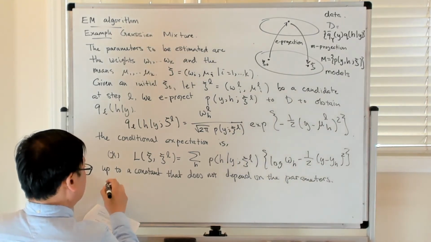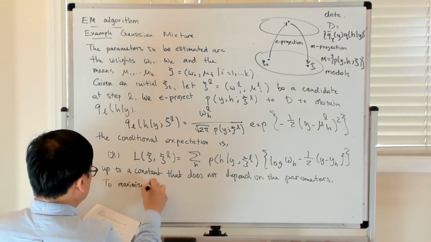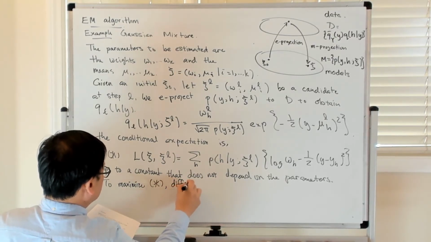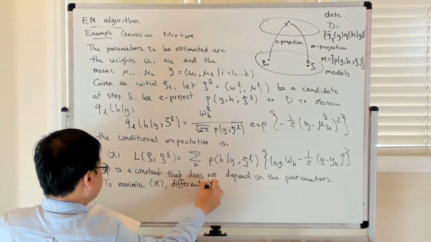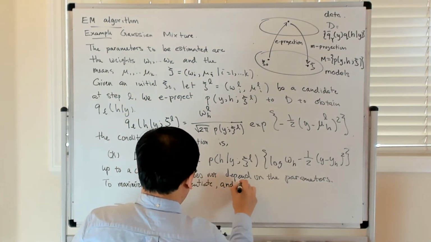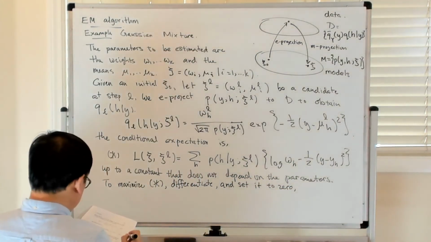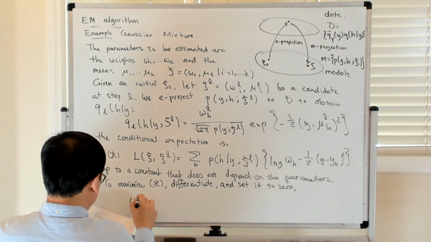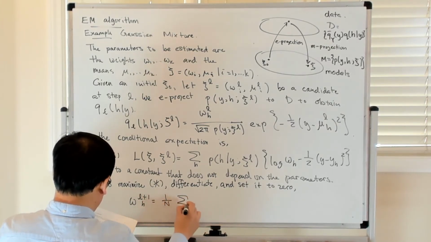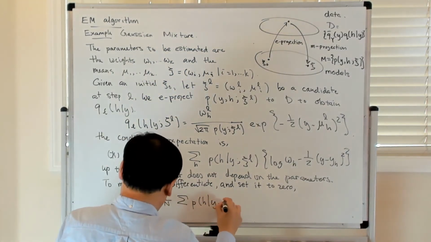So to maximize this, differentiate and set it to 0. That gives me the condition that W_H^(L+1) is equal to 1 over N, the sum over i of P of H conditioned on Y_i,